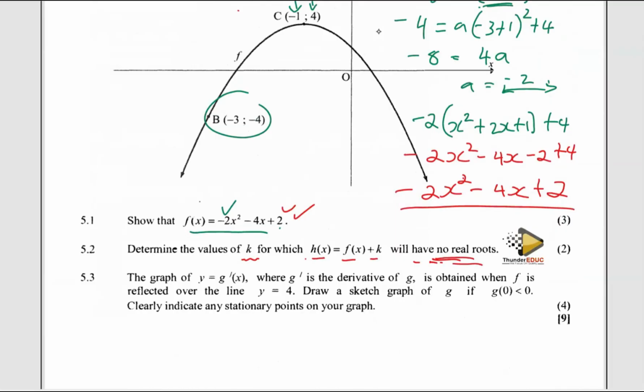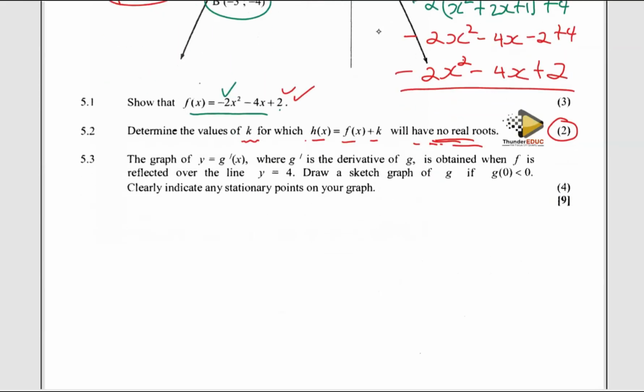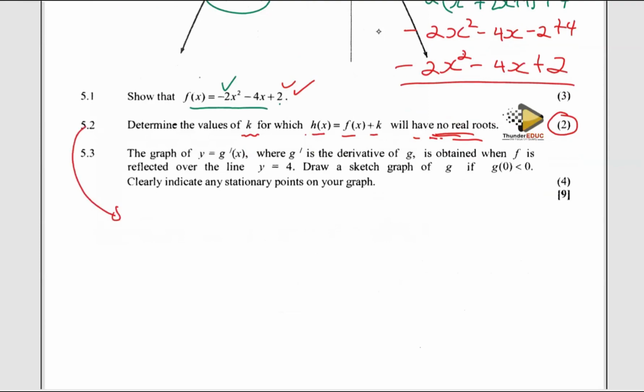Okay. So what I'll do here, it's a 2-mark question, meaning that we just need to shift this graph 4 units downwards. So for as long as k is less than -4, then we shall be good to go. Alternatively, you can go the long approach and say that